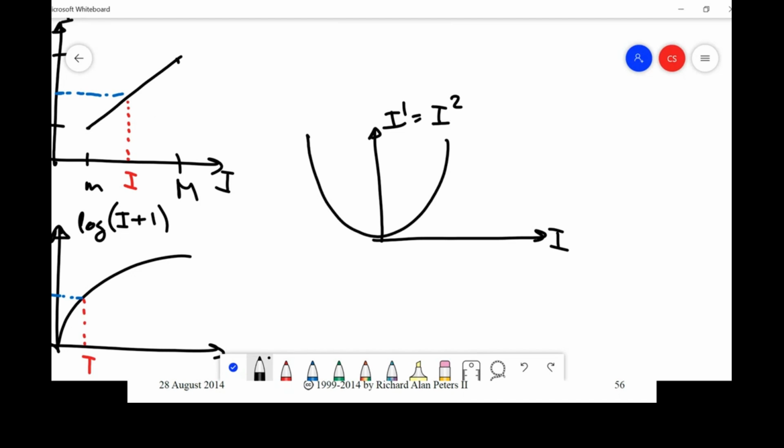It is this function. And now you give me one value here. What is I? You don't know. There are two possible I's. One is this, the other one is that one. So this could be a possible I. This could be another possible I. So I don't know which one of the two. So this transformation